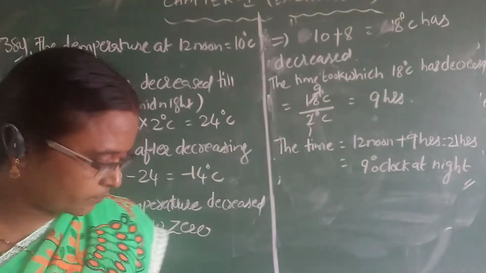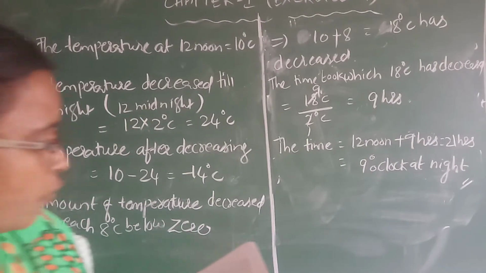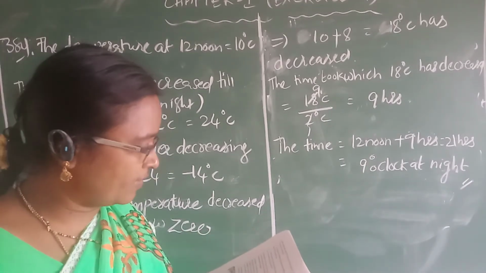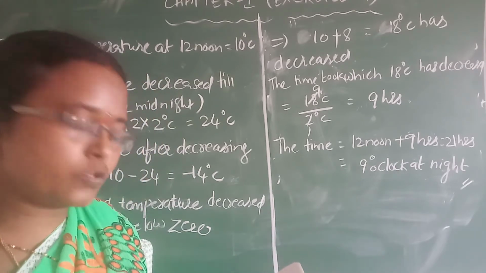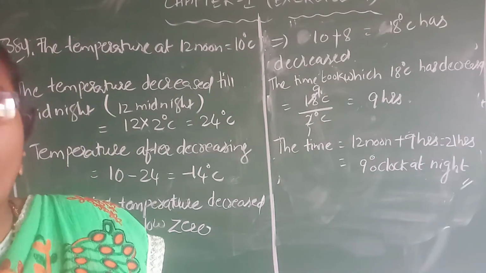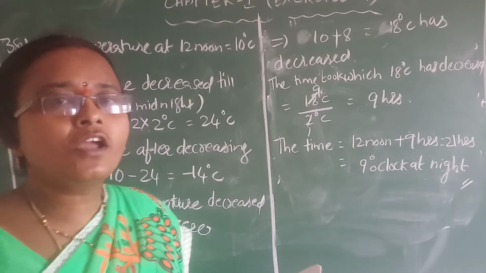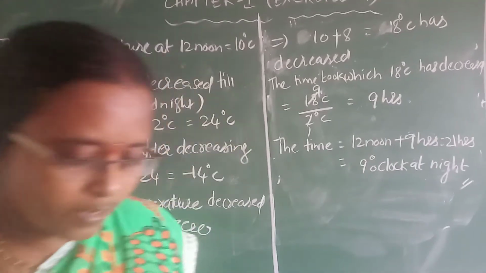Okay, next, the fourth question. In a class test, plus 3 marks are given for every correct answer and minus 2 marks are given for every incorrect answer, like the first problem itself. So try to solve this problem on your own, similar to the first problem. If you have any doubt, you can ask me in the WhatsApp group. Okay. Now the fifth question.